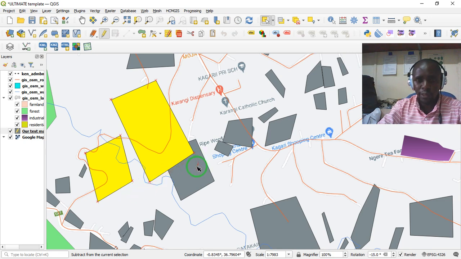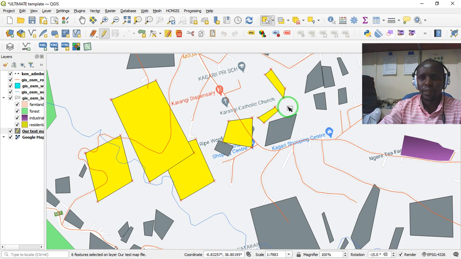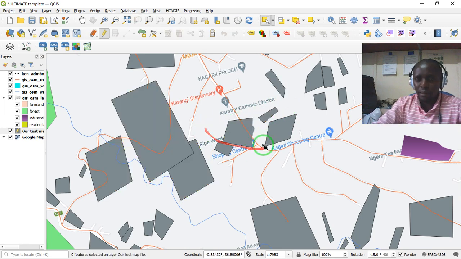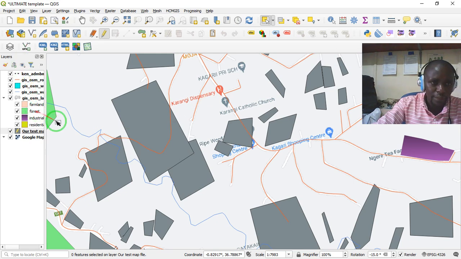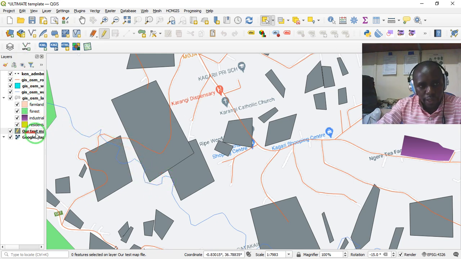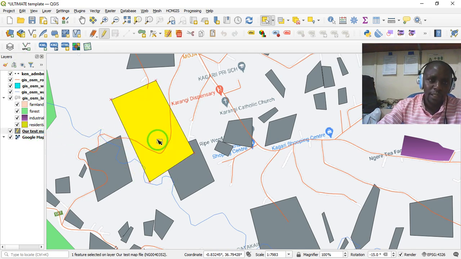I can press and hold Control, and then select the items which I want to delete. But remember, you can only delete what you have selected from this side. I cannot even select the other features from Google or from the other layers. So we only focus on this layer. So if I click on this one now,